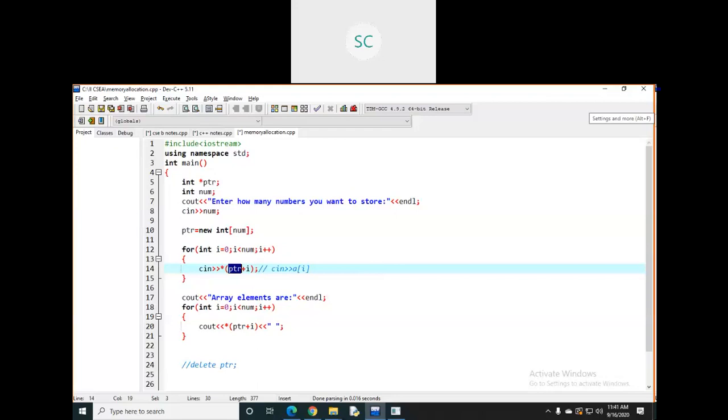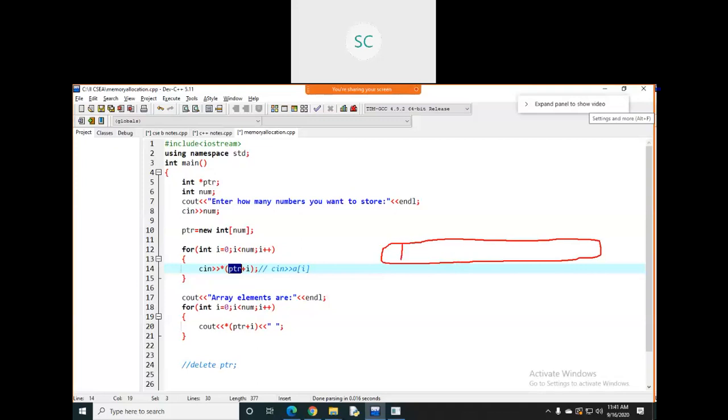Simple. Just see, in this way that memory is going to be allocated. This pointer is going to point to the start, the 0th position. ptr plus 0 means the first element is going to be filled, then ptr plus 1 means the second, then 2, like this all the elements are going to be stored within the RAM.